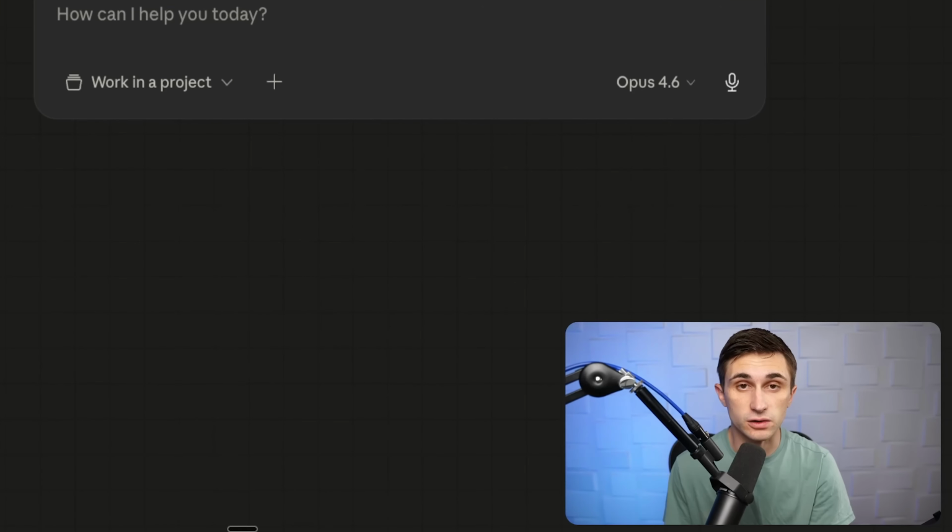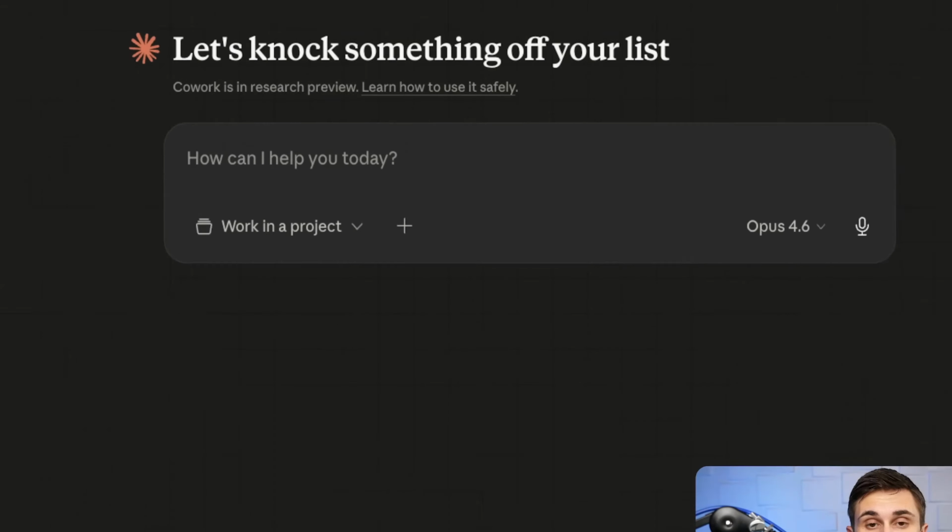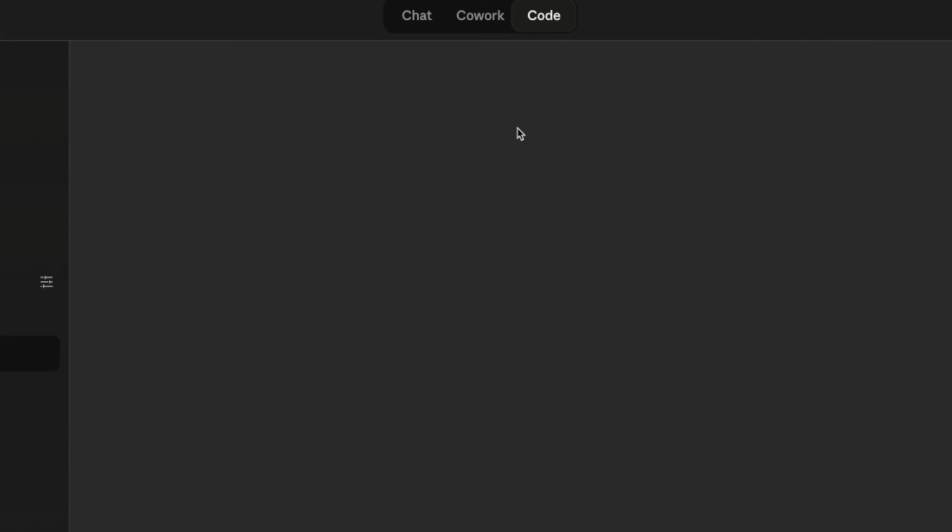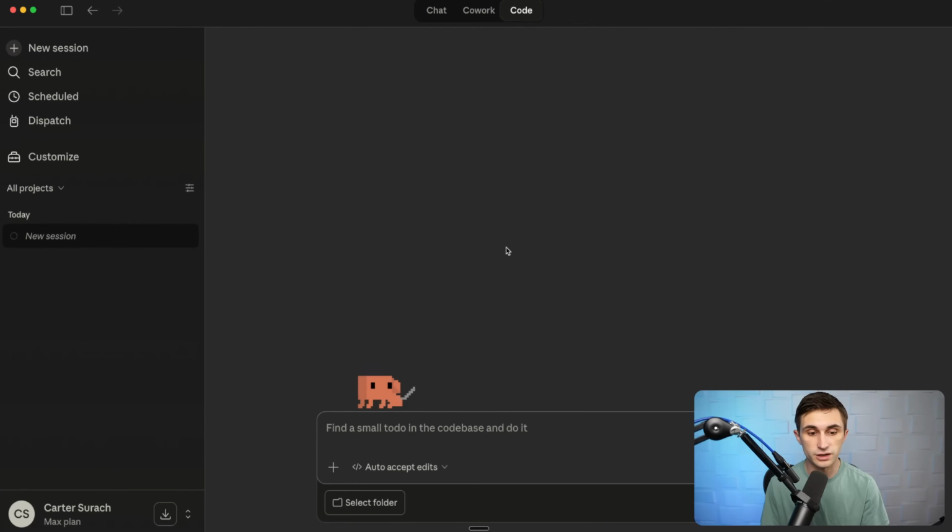Next, let's take a look at Claude Code. Now, there are two ways that you can run Claude Code, and they're actually very different from each other. There's running Claude Code in the terminal, and then there's running Claude Code with this nice interface that Claude gives us. So the easiest way to run Claude Code is just to click in the top center on Code here, and then you're going to get this beautiful screen here where you can start asking it to do coding tasks